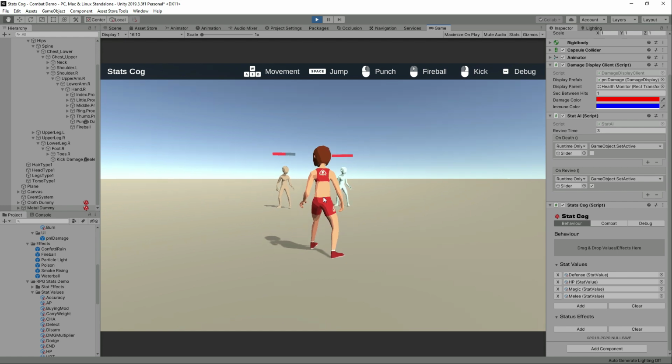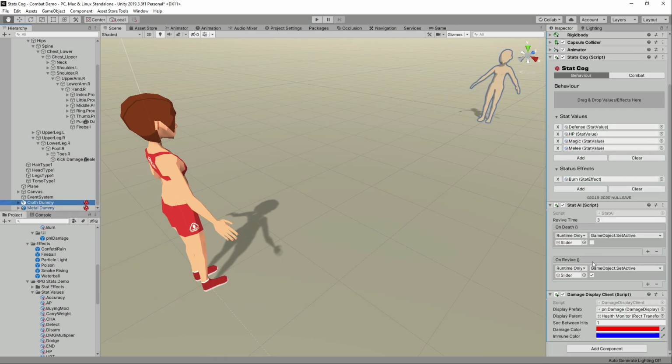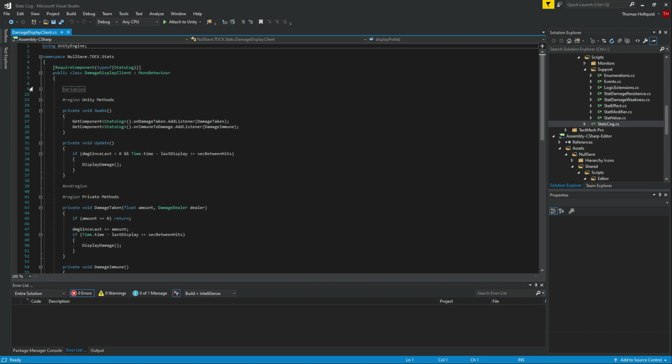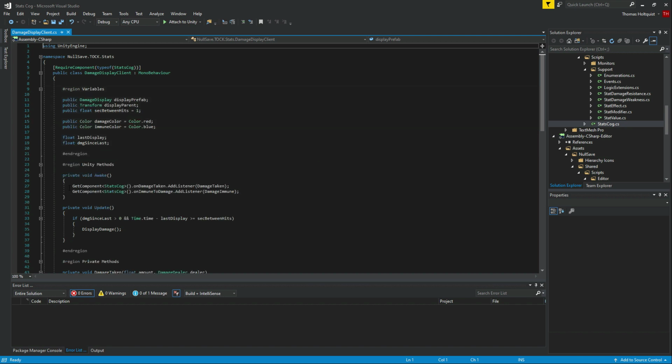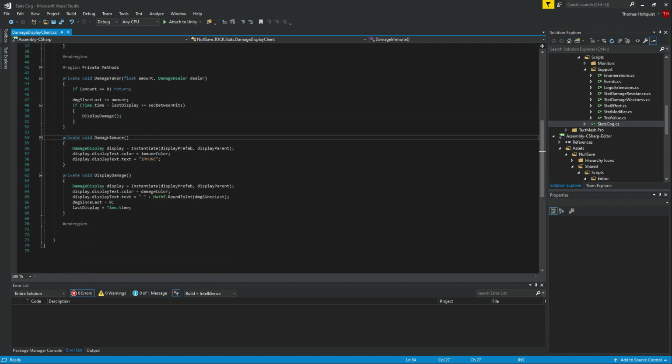So let's take a look at what we did to get that graphic to pop up for us. This is a script that we created just for the demo. You can use it, you can create your own. It's a very simple script. All this does is grab the StatsCog and subscribe to two events, the new on damage taken event and the on immune to damage event. On damage immune, it pops up, hey, I'm immune, and on damage taken,